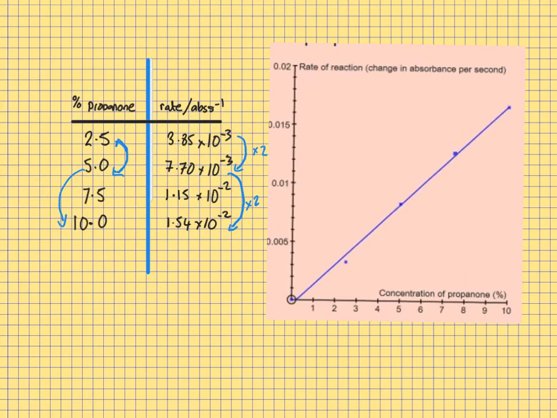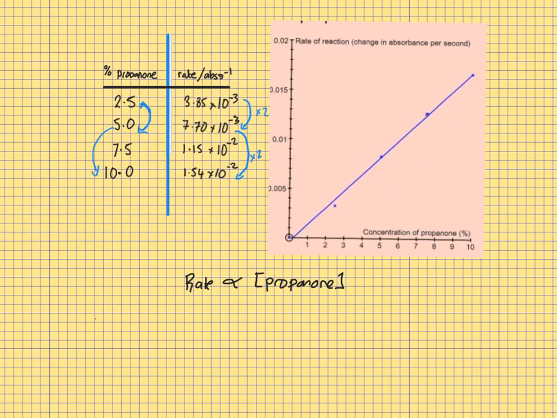So plotting a graph of our data, the concentration of propanone on the x-axis, this is the independent variable, this is the one we've changed, and this is the rate that's dependent on it on the y-axis, you can see that as you double the concentration of propanone, the rate also doubles. So we get a straight line graph showing that the concentration of the propanone is directly proportional to the rate of reaction. The gradient of this graph here is the rate